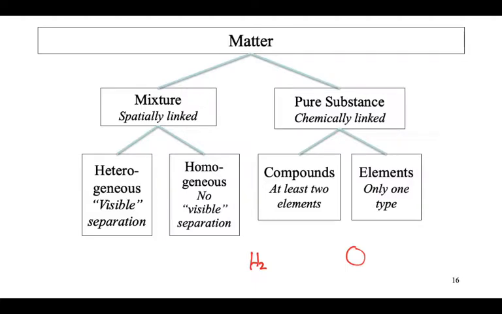So compounds are at least two elements that are chemically linked. How do we know they're chemically linked? We would see those symbols written very close to each other. Okay? Heard an awesome suggestion. They are bonded. Is that H2O? Yes. Is that H2O? So for half the class knowing nothing about chemistry and being bad at it, I'm kind of wondering why you knew that was all of a sudden different.